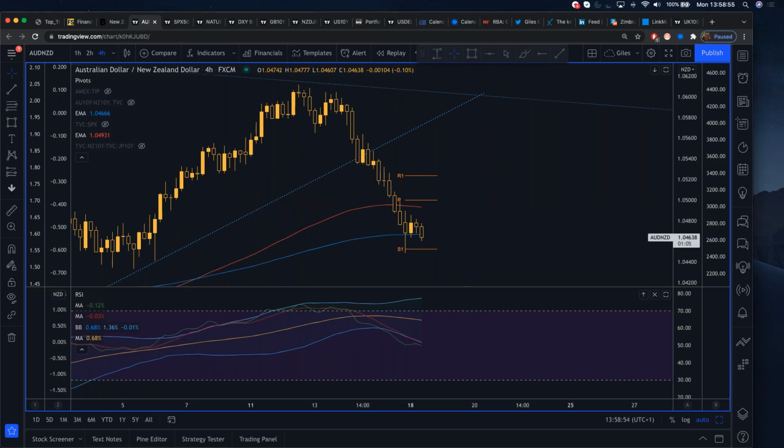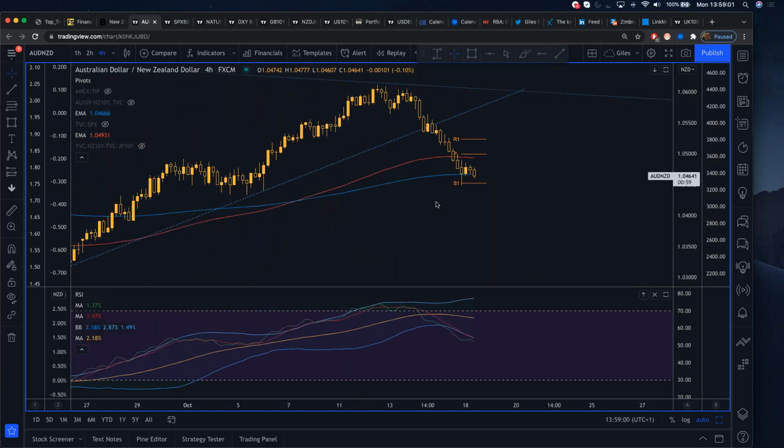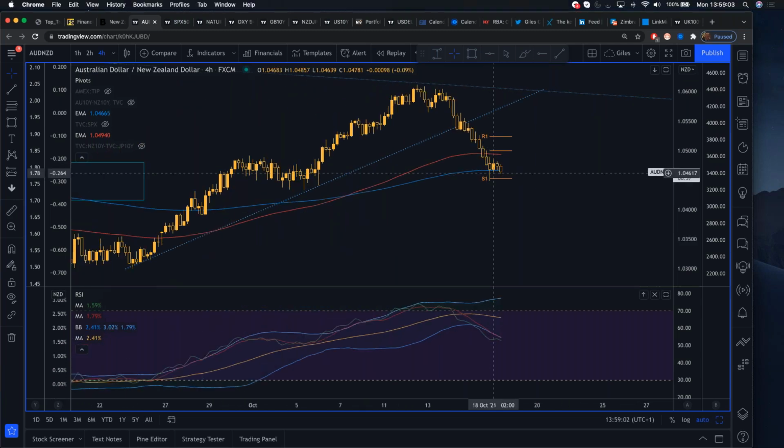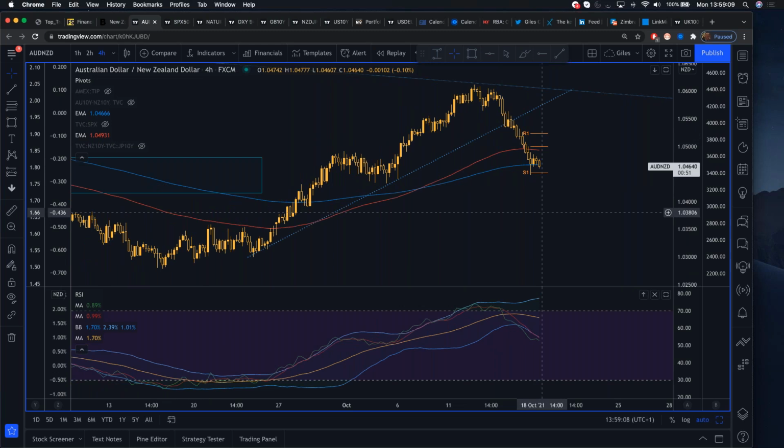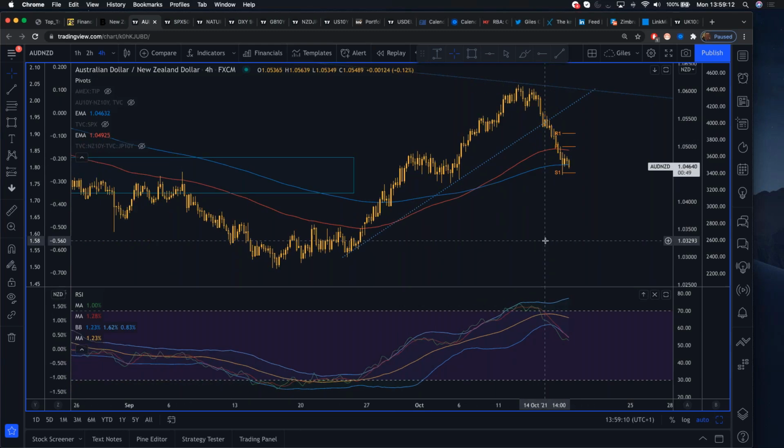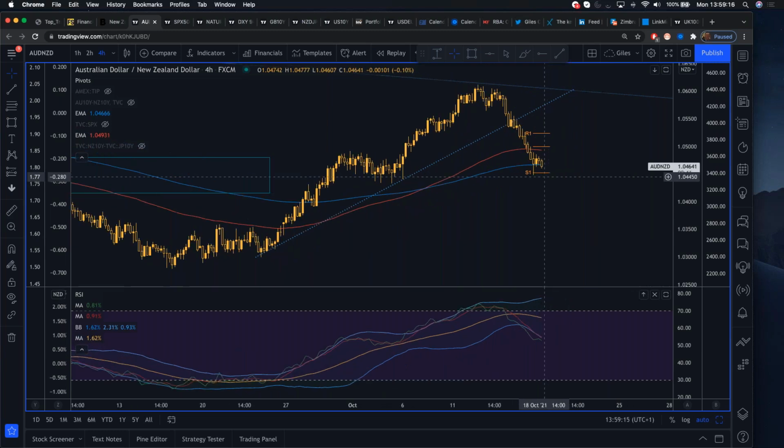And Max makes a very good point. It's a tricky environment to trade, so only take those good, clear opportunities when it's obvious. The other way I can manage this is if I break to that 200 exponential moving average, I've got a nice place to define and limit risk. If that breaks lower, then you'd expect it to keep falling lower. So it's a reasonable place to try to add to some Aussie New Zealand dollar shorts that I've got running in profit. Yeah, Max, great comment. Thanks for contributing.